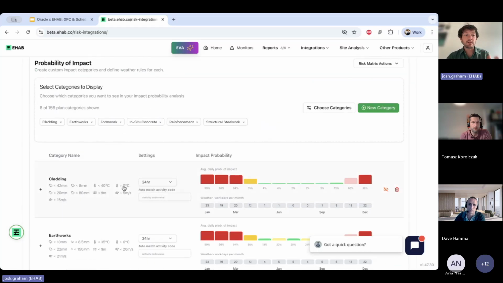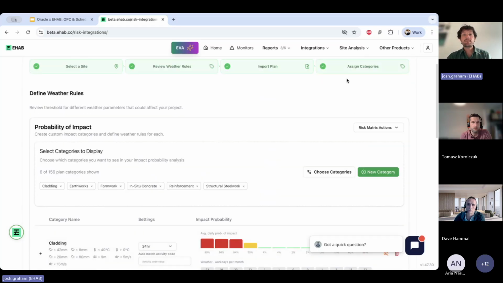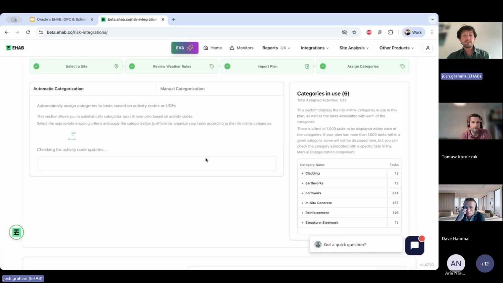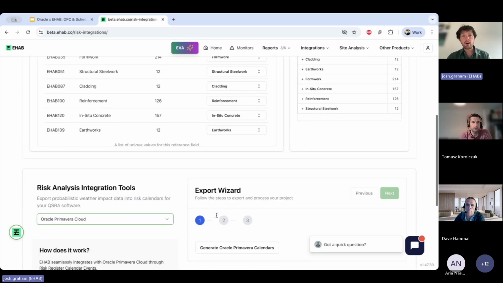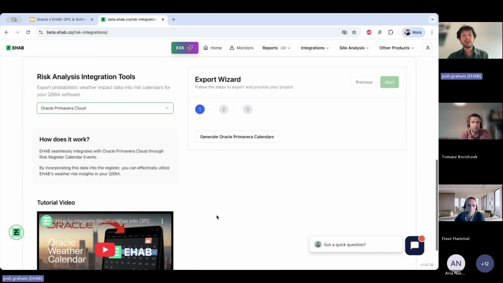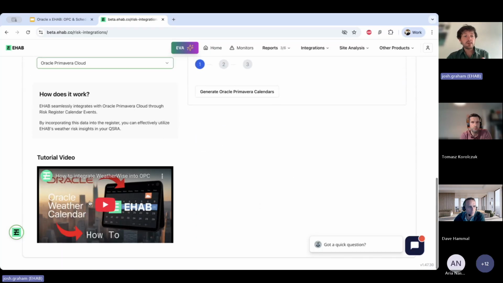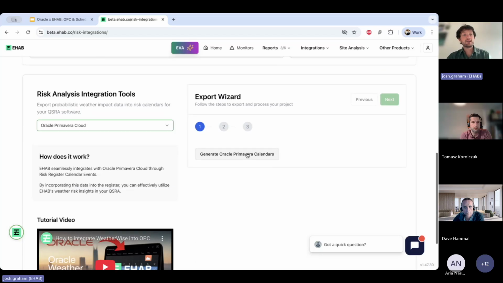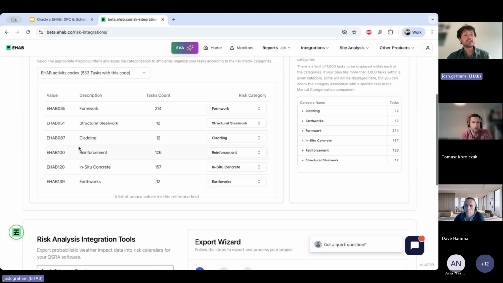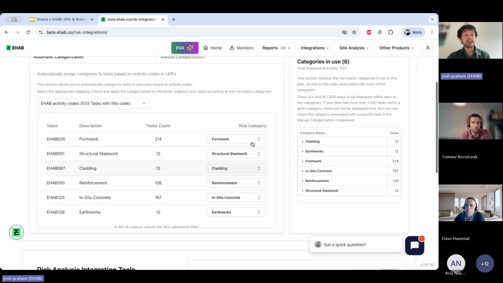So that's maybe the final key piece of information, is when we export to OPC, which I'll hand over to you in just 2 seconds, Dave. On the screen there's a video, so actually you can follow along, and all you have to do is click generate, and this will give you calendars for each of the types of activities that you've got here. So in this case, 6 different activity types.